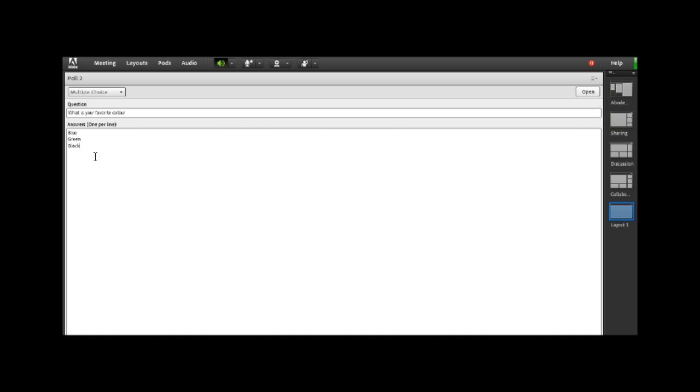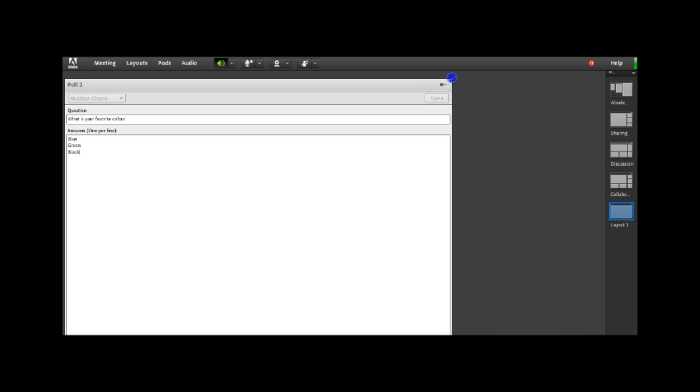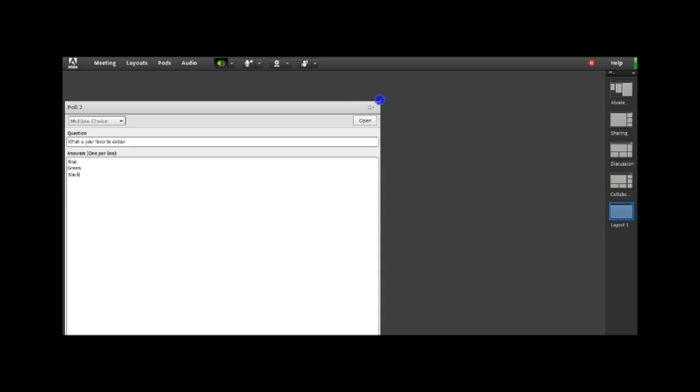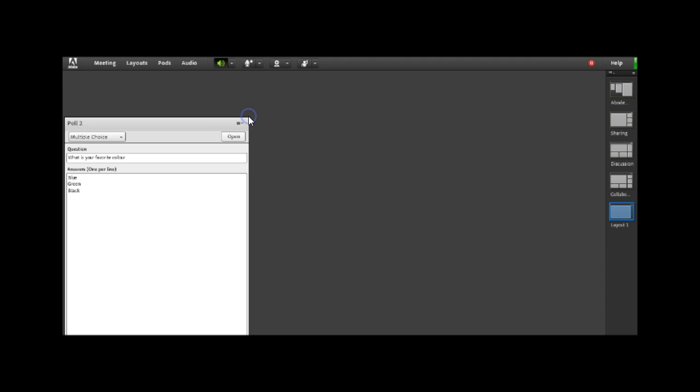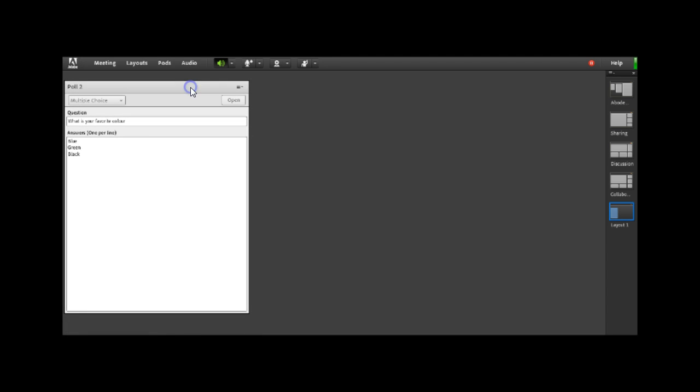My first poll is created. I can change the size and direction, which I've stated earlier, by clicking at the end of the tab box and moving it. I've created my poll, which my audience can see if they're logged in. At this moment in time, the audience cannot see this survey because I haven't opened it yet. The minute I open the survey, this will allow the attendees to see it right away and to start answering